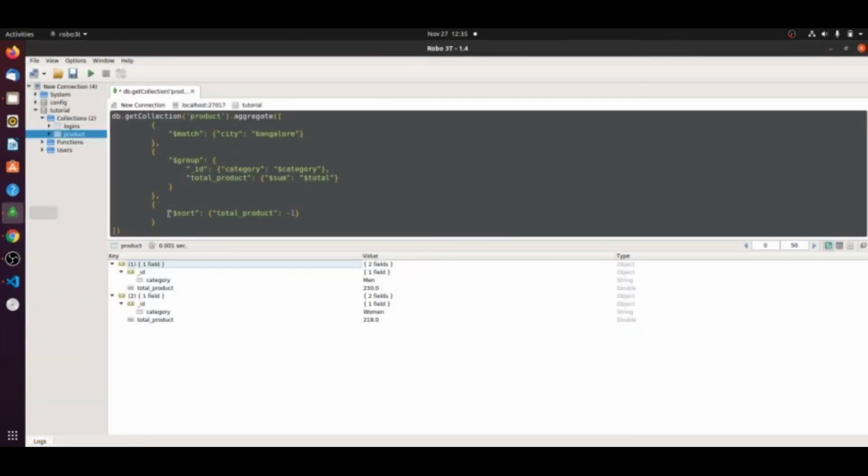Here I have used one pipeline operator, that is sum. In the upcoming sessions we will see more pipeline stages, and I will take some more complex examples and check how it works over other complex documents.